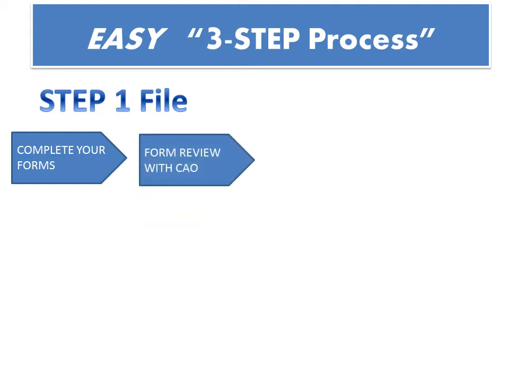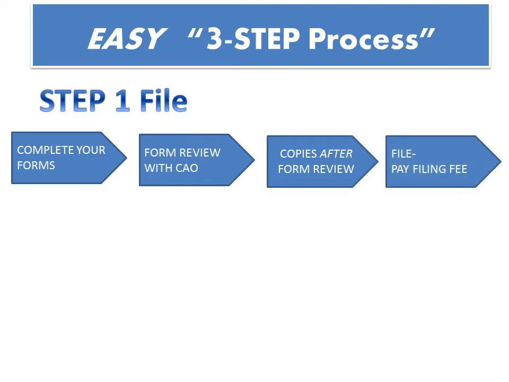So let's take a little bit closer look at what we do for step 1. First, you're going to want to get your forms. All Court Assistance Office forms are available online for free, or you can get them by email from your local court assistance officer, or you can come into the courthouse and purchase them for a fee. Once you get your forms, you're going to fill them out. Make sure you use black pen, and then you can have a court assistance officer review them for you. Then you're going to want to make copies of your forms and then pay your filing fee and file them